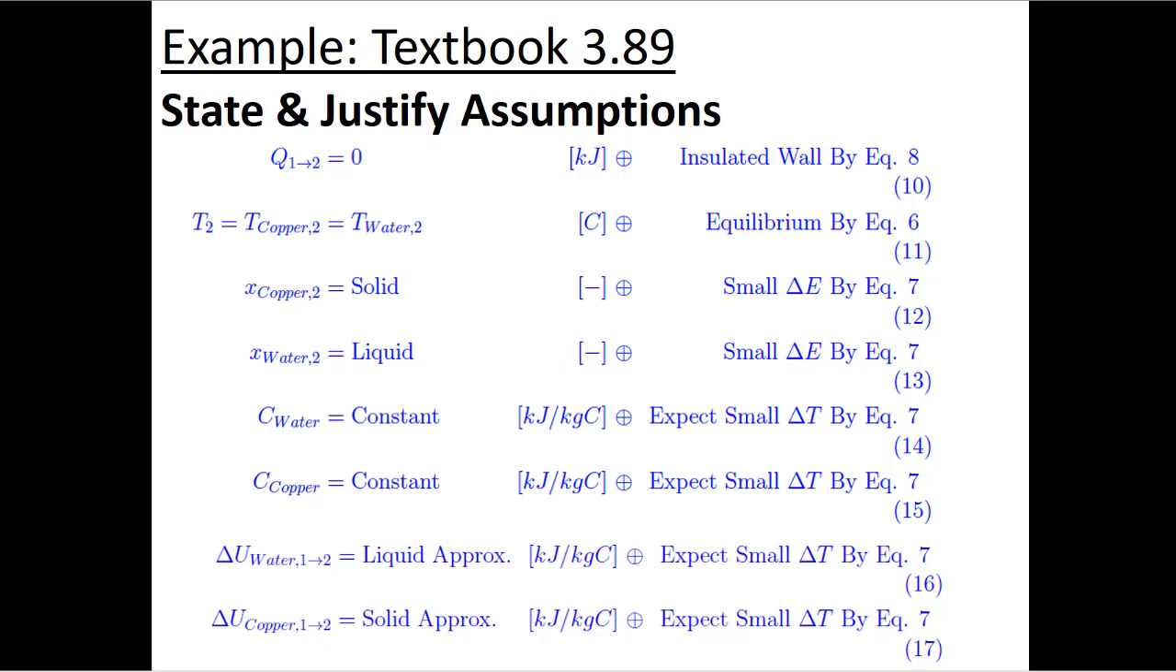But those specific heats will be different because they're different materials. And for the delta U, so the change in internal energy, I'll make the assumption that the water is liquid, so that it moves from one subcooled liquid state to another subcooled liquid state. So I can use CV times delta T. For the copper, which is a solid, we can use the same